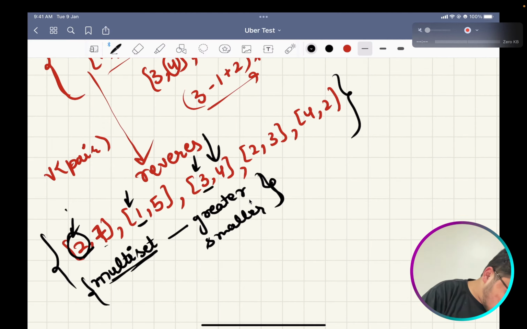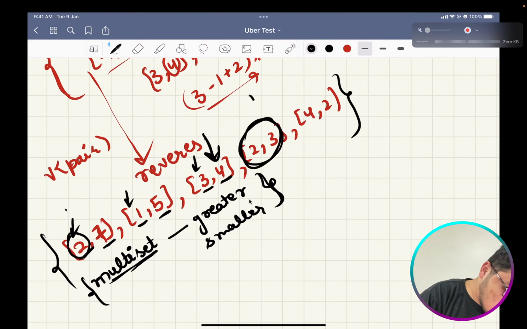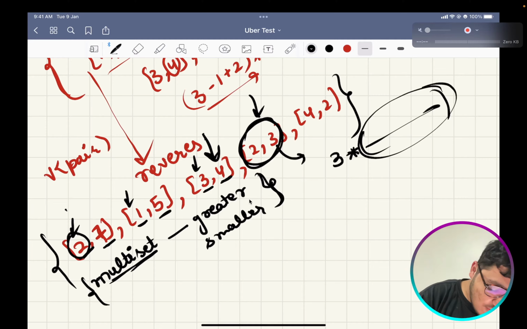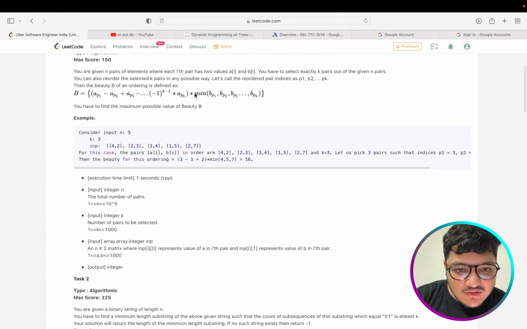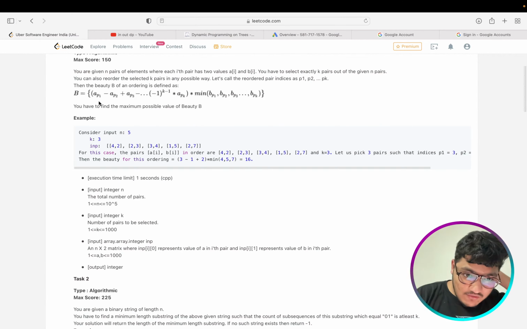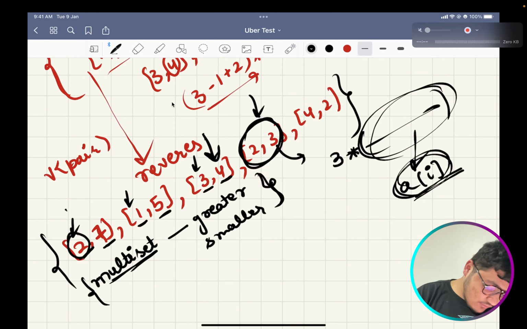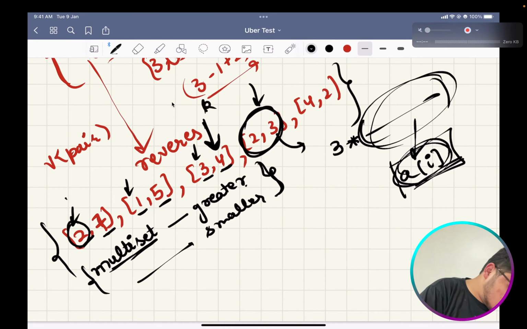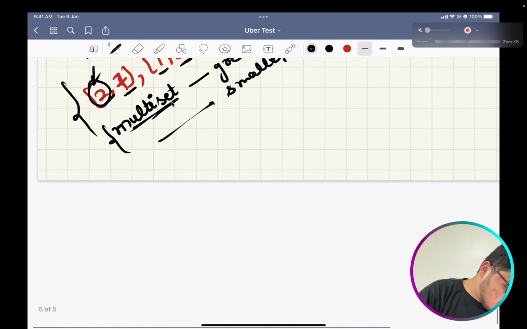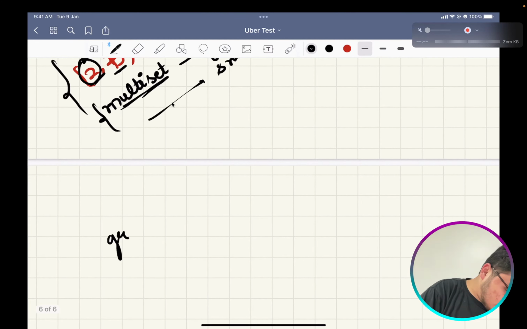And because I am already sorted on these values, if I am considering this element, so this minimum 3, I would be just left with calculating the value for the ai expression, right? I would be done with this b part. I will be only left with this a part. So just for this, I am using this multiset. Let me tell you what I am doing. First, I have created these 2 multisets. One is greater and one is smaller. And till k values, I am pushing all these elements ai. So basically, my greater multiset would look like this.